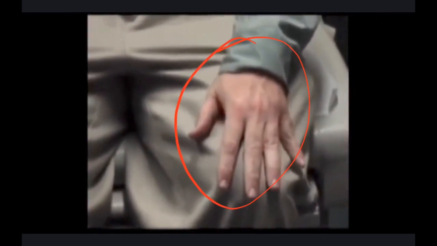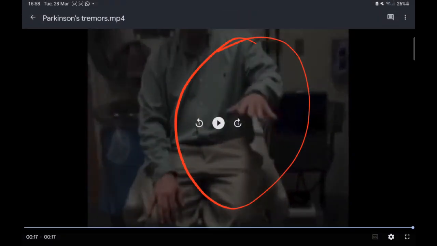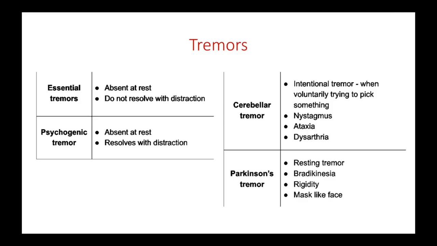So as you can see, this patient here is sitting idly, he's not doing anything, but yet there are some tremors in his left hand, right? When he's closing, there are no tremors, but when he's opening, he's again starting to have these tremors. So those are nothing but resting tremors. And the next one is cerebellar tremors, which are also called intentional tremors. Intentional tremors is when you're trying to pick something up intentionally, you're going to have